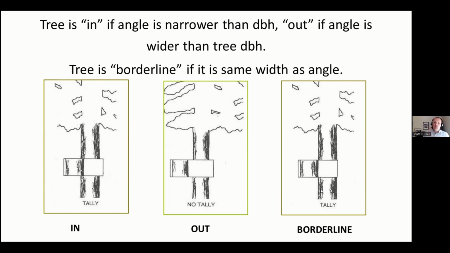In this case, you could tally it, but you should really check, because depending on the size of the prism you're using, you really would know. You would have to measure the diameter of this tree with the diameter tape, but you would be able to tell, based on how far away you are from the tree and the diameter of that tree, whether or not you should sample it. You can imagine, this is a really neat approach because you don't have to measure the diameters of trees to understand the basal area of a stand. It's a more lazy way to do it because you could basically stand in plot center and get all the information you need without having to walk around as much.